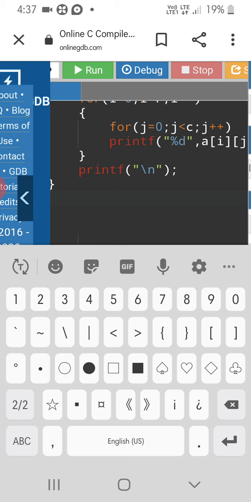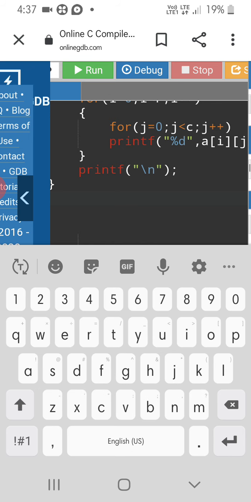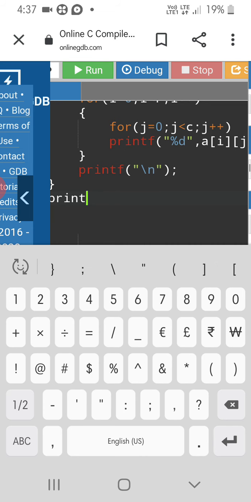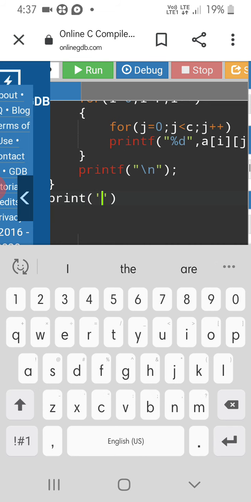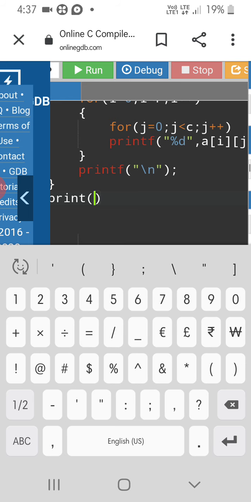And now ask the user for transposing the matrix elements, so we require a printf statement, "transpose of a matrix".